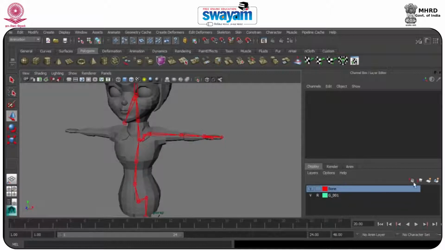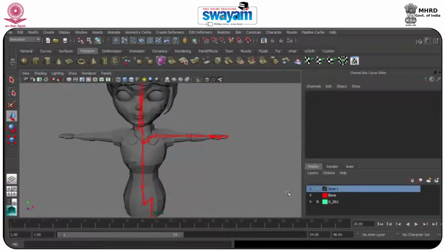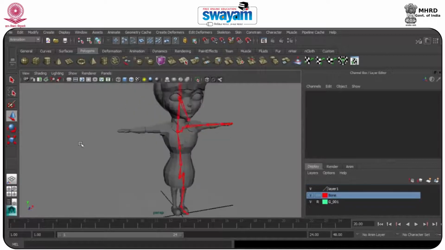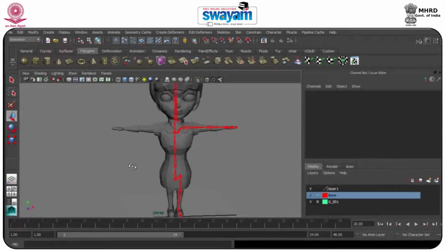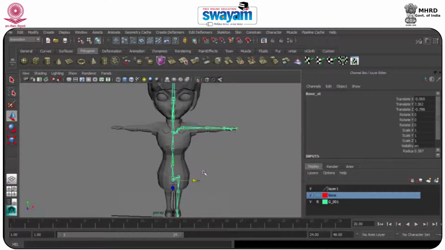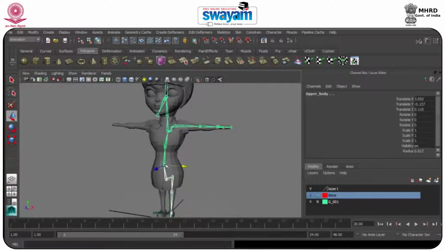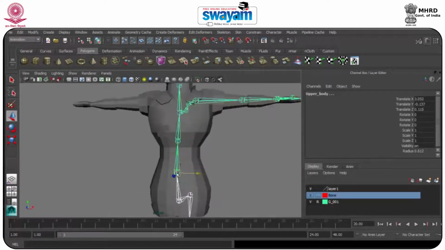So I will make a new layer, select this particular one, and right now I will just hide this. Now we will select that particular bone, and one by one we will select all the parts.